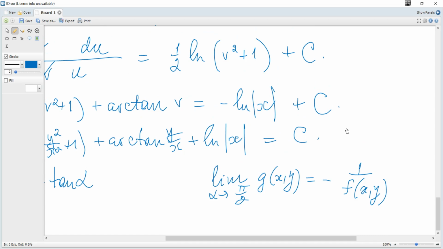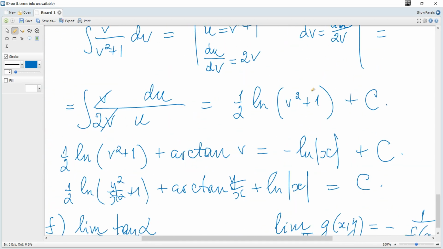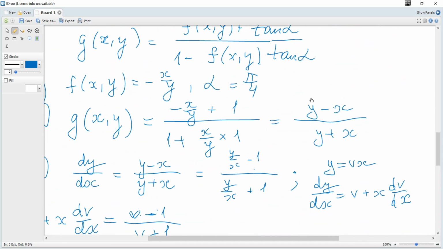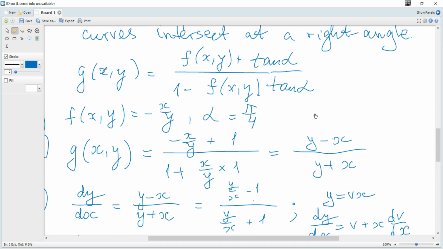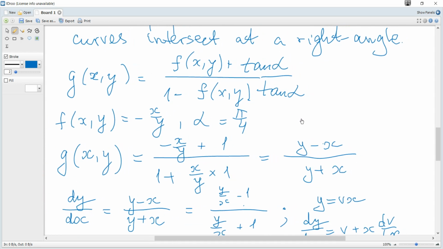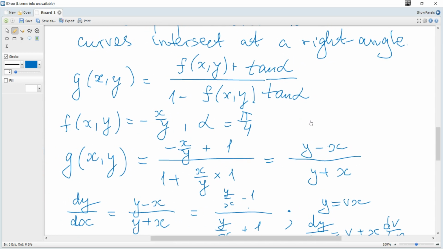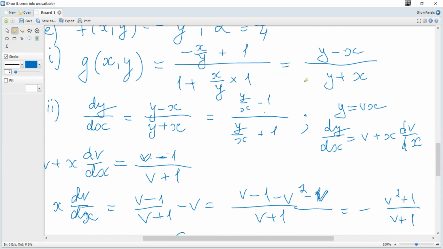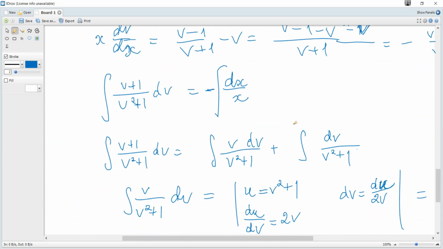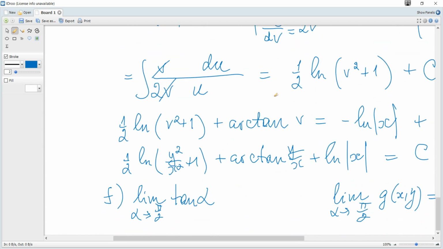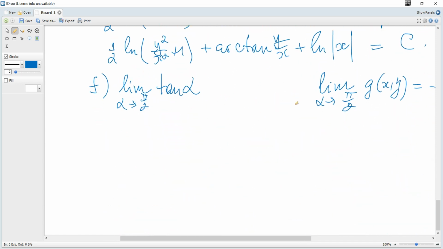And what is g? G is our function, f plus tangent over 1 minus f times tangent. So let's consider